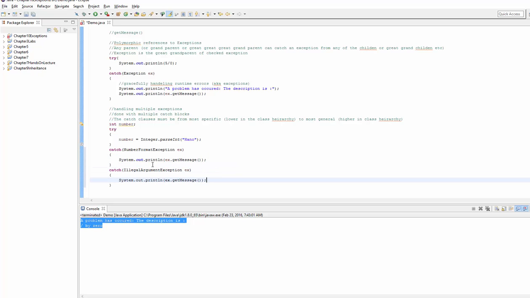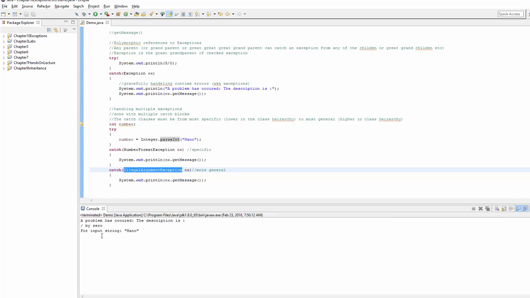Copy this, paste this. So again, we're going from more specific or lower in the hierarchy to more general or higher, and this is the correct order to code your catch blocks. And so if I run this here, we get just, hey, for input string Hano,